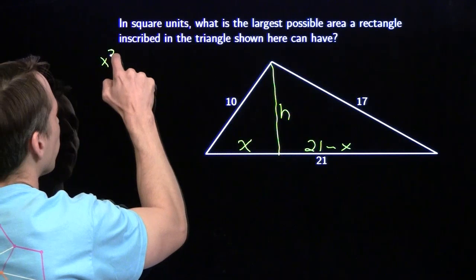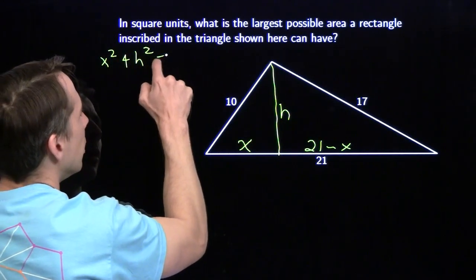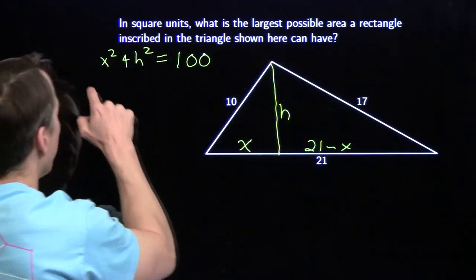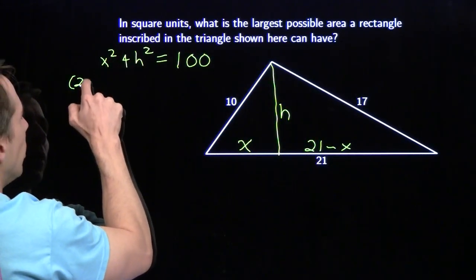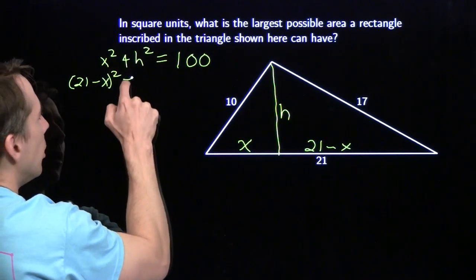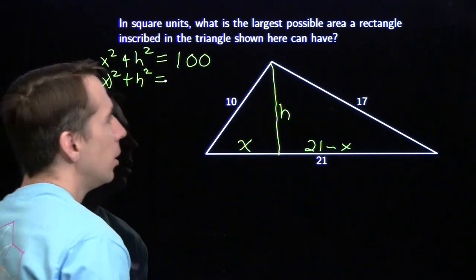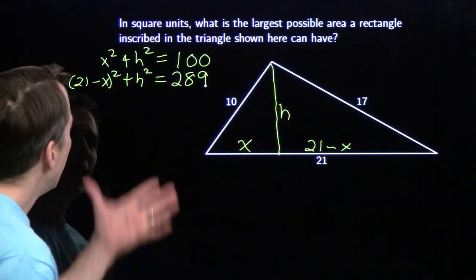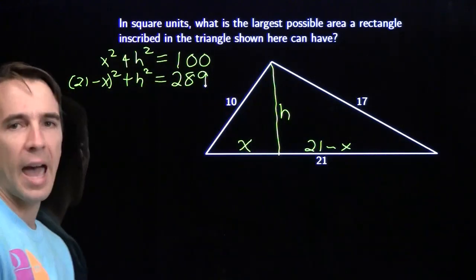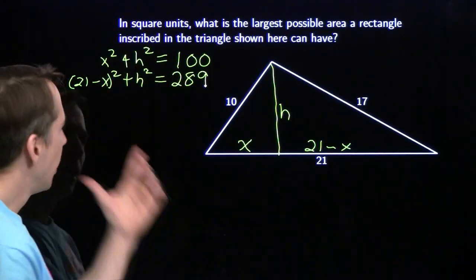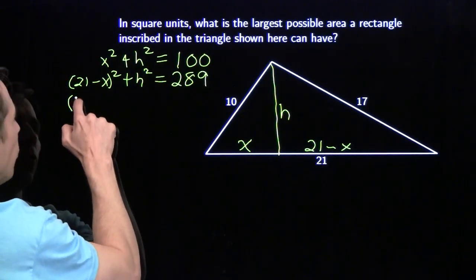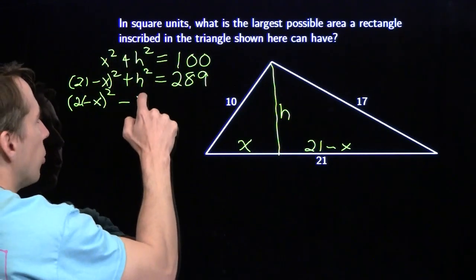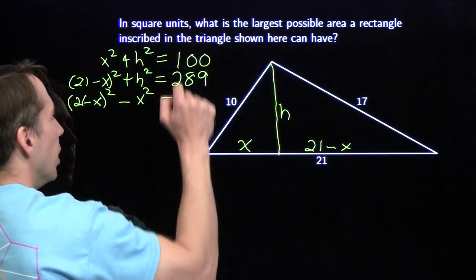We get x squared plus h squared equals 10 squared, which is 100. Then the same thing, we're going to use the Pythagorean theorem over there. Yikes, we got 21 minus x, that whole quantity squared, plus h squared equals 17 squared, which we're going to call 289. And now we can just subtract. We subtract this equation from that one, because that'll eliminate the h, and we'll just be left with the x. We have 21 minus x, that quantity squared, minus this x squared, equals 289 minus 100 is